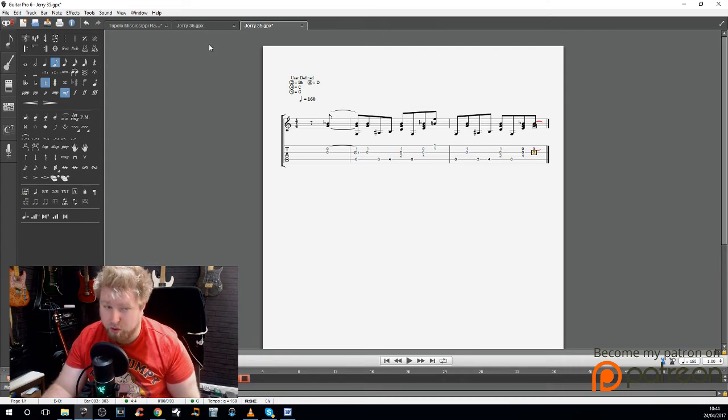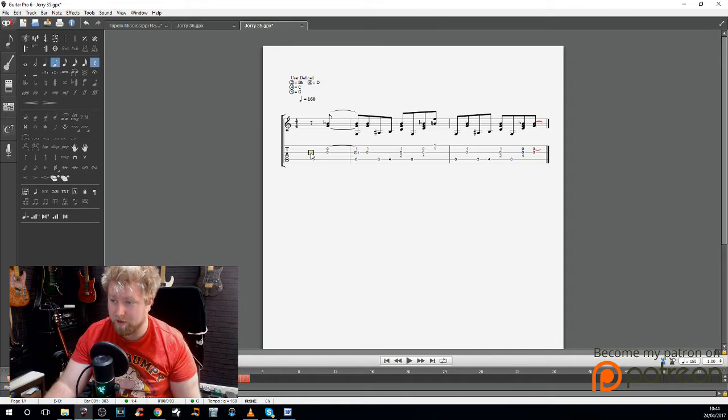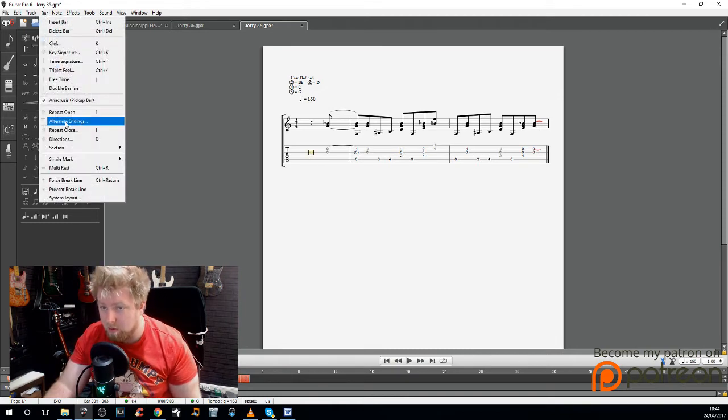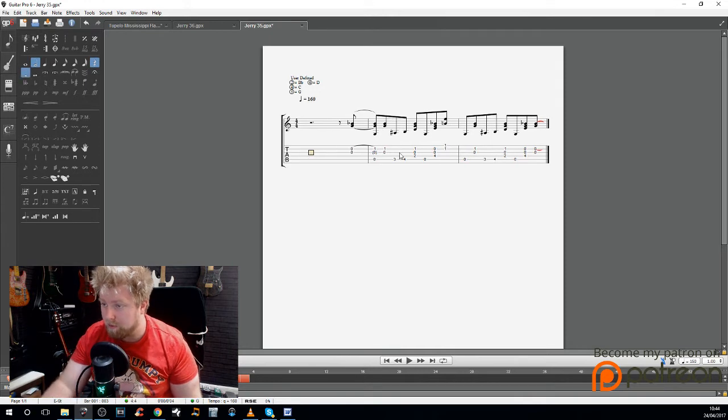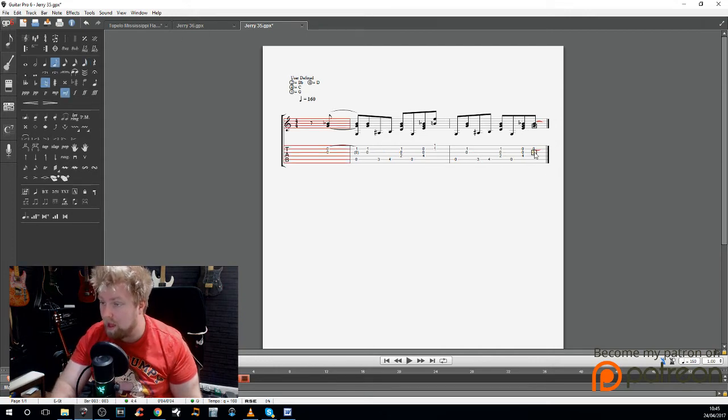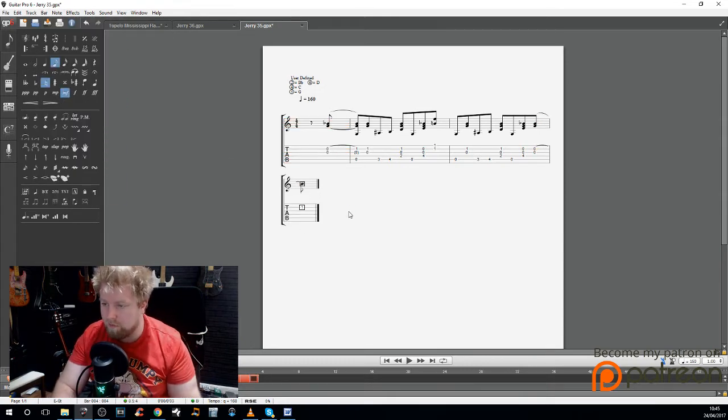I tend to do that as the last thing I do on my transcription. So I'd be working with the Anacrusis pickup bar off, so it would look like that, and then right at the end I would come in, delete that, and put in an Anacrusis. And I can show you why I recommend that. The problem with having an Anacrusis pickup bar in Guitar Pro is that it messes up all of your notation. So if I'm writing